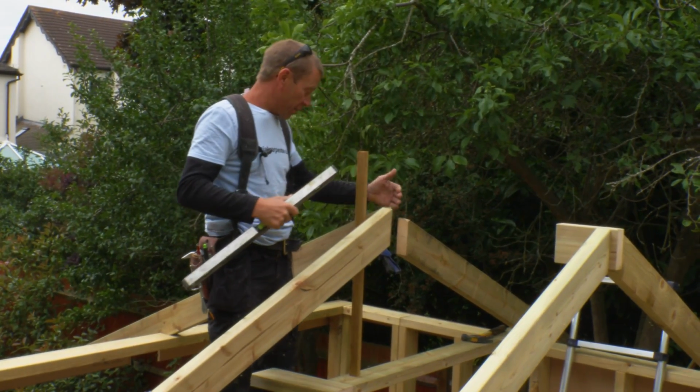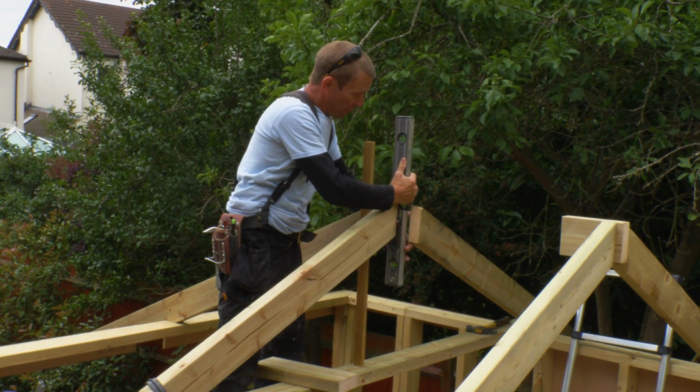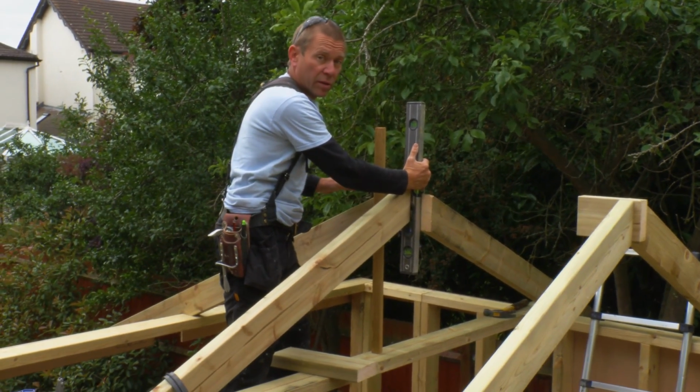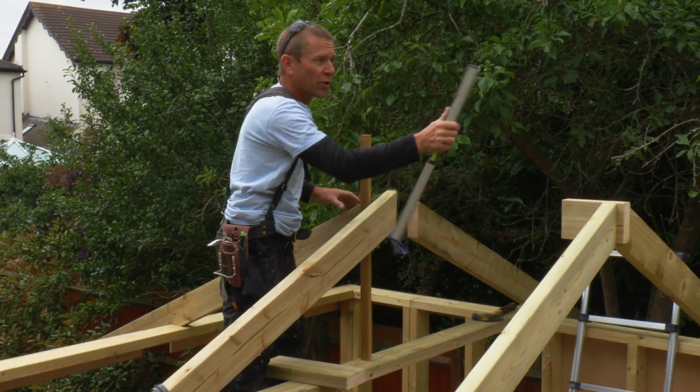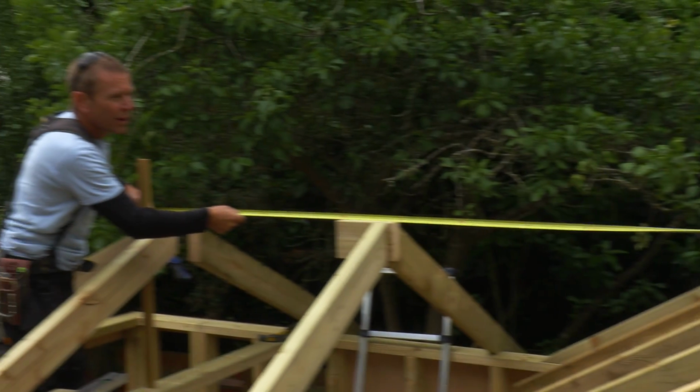I'm just going to check that this rafter's sitting nice, and we can put a little level on here on that plumb cut, and that's nice and plumb, so that should be sitting just exactly where I want it. And now I can measure our overall ridge length, and I'm going to cut it